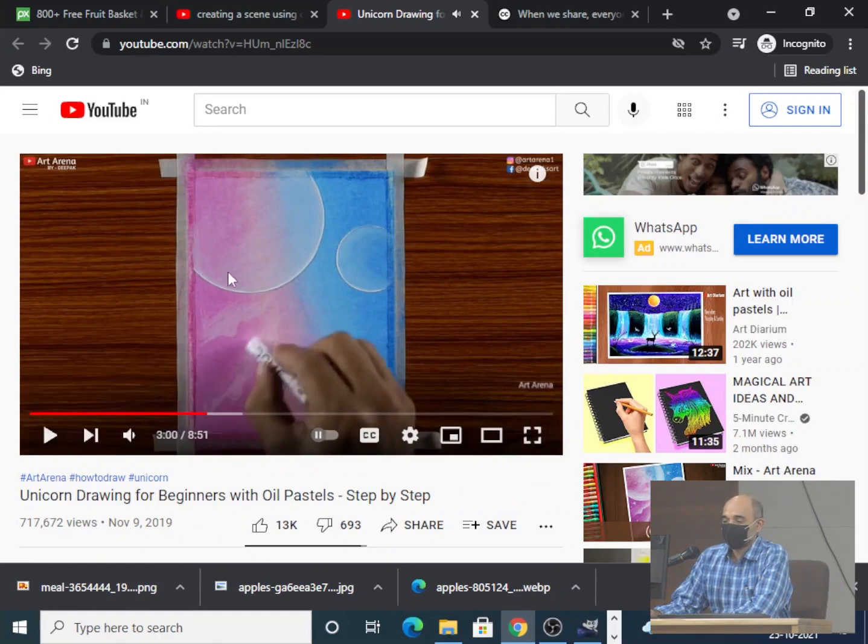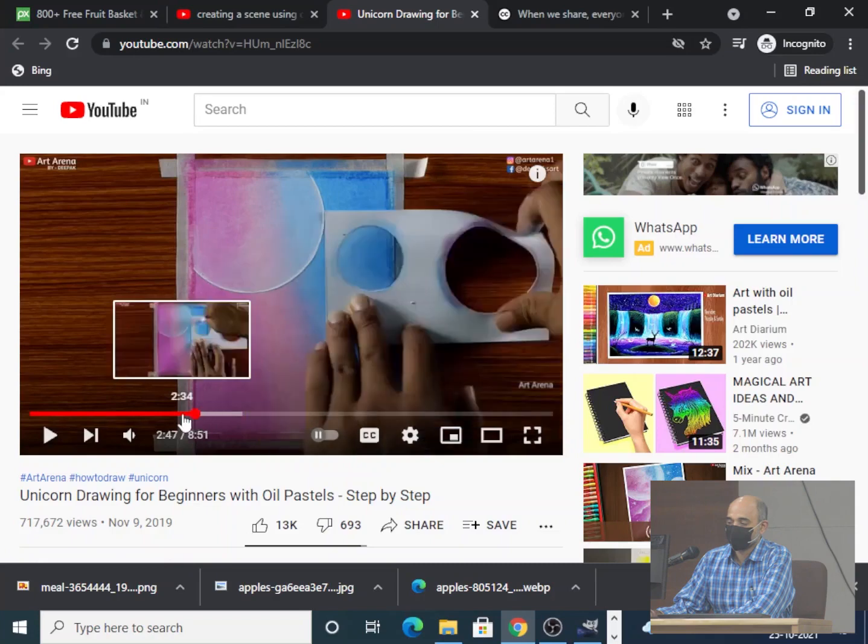Okay, can anybody tell me what this technique is called, which you just saw? This technique here.